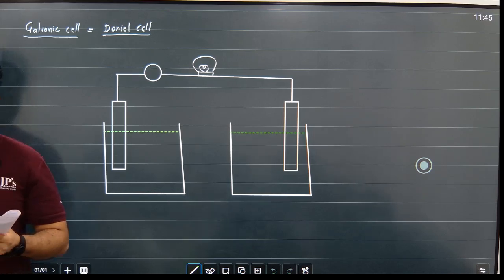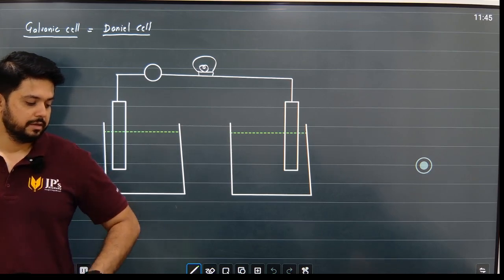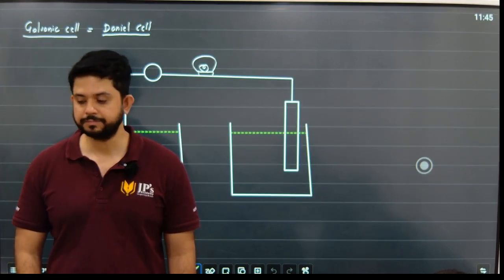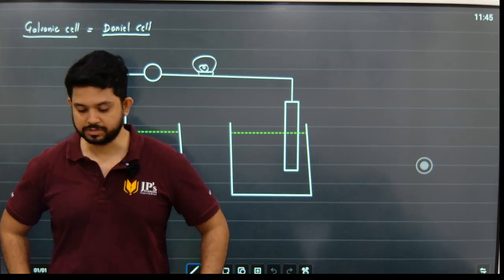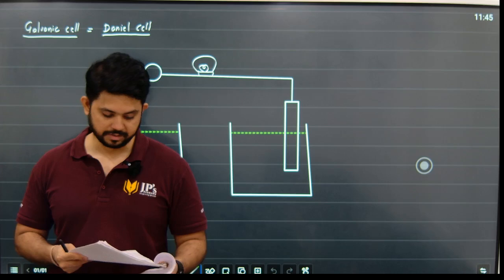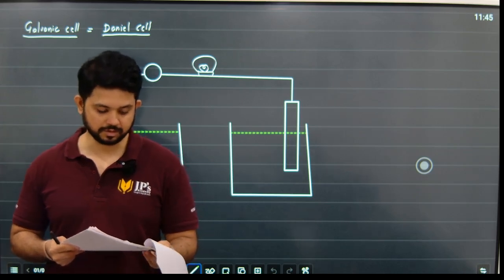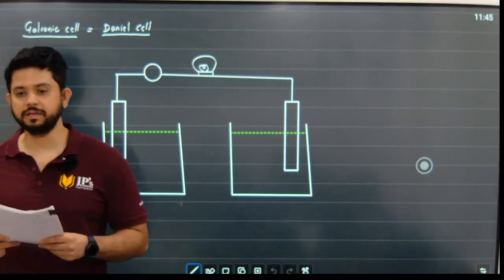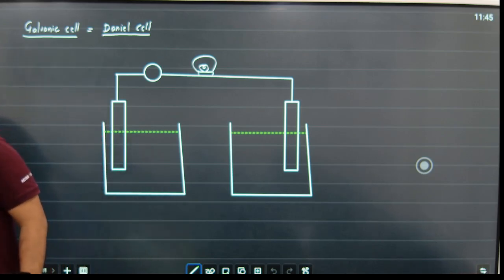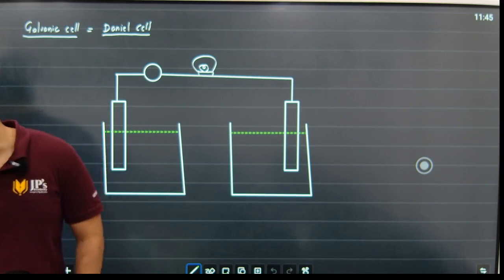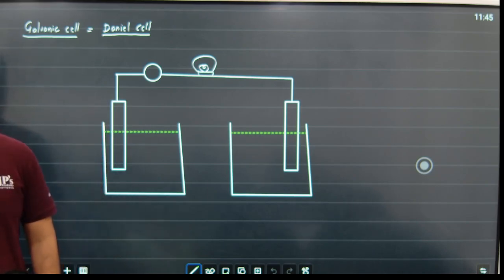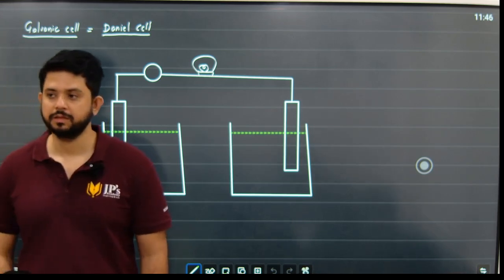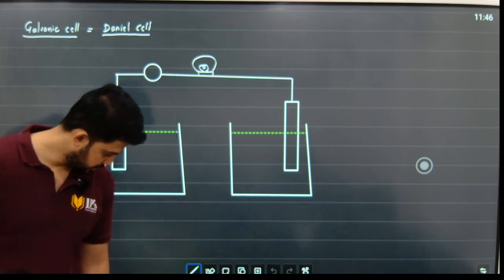Right, now galvanic cell converts chemical energy to electrical energy. Chemical energy to electrical energy